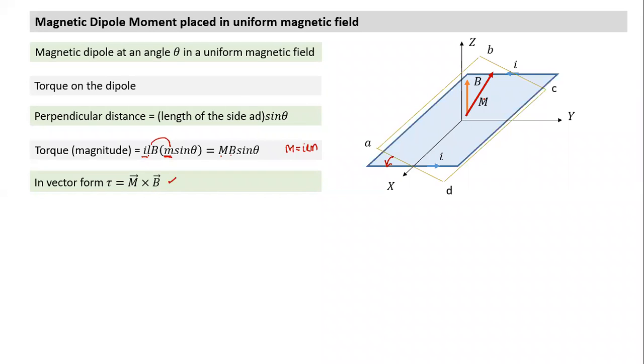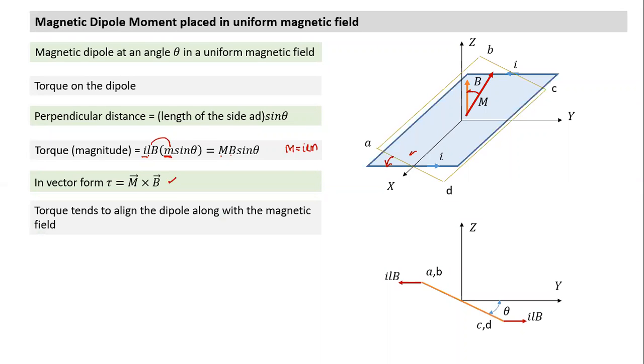How do I view M? This is what M is. So how do I find the direction of torque? M cross B: the first vector is M, the second vector is B. I curl my finger from the first vector to the second vector. If I curl my finger, I find the thumb is pointing towards me, towards the plus x-axis, i cap. So when I rotate like this, the torque acting will be M cross B, and the direction will be i cap. I can find the direction of torque using my standard understanding of cross product.